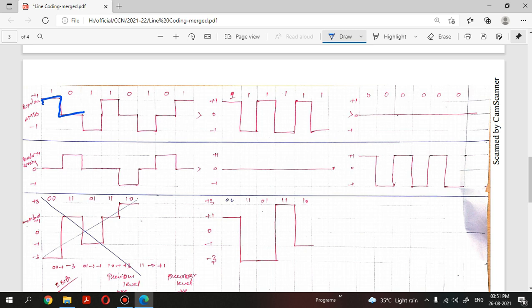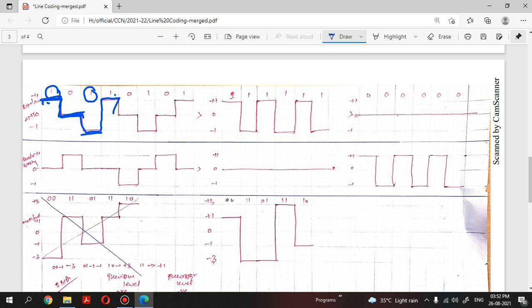For the next one, look at the first one: I always give the positive voltage. And since it is 0, I need to maintain neutral voltage. For the next one, you need to consider what you have given for the previous one. If the previous one you have given is positive, the next one I need to give is negative. So for this one I need to check the previous one.